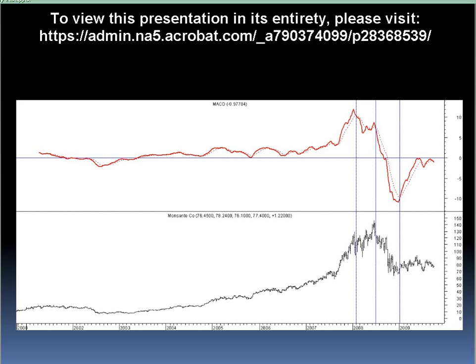Well, what I want to do is I want to take this rise up, but when it gets to this area here, I want to get out. Enter the MACD. And not only the daily MACD, which is a pretty good indicator, but the daily MACD tends to whipsaw you. You tend to get in and out too many times. I love the weekly MACD. The weekly MACD